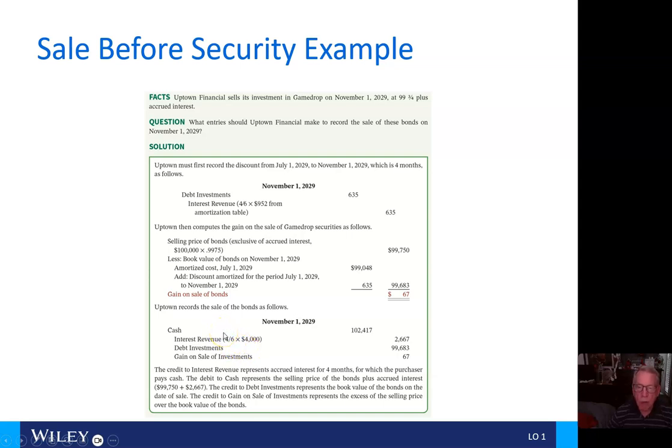Now, Uptown records the sale of the bond then as follows. We're going to receive $102,417. We get that by, we have our interest revenue, 4/6 of $4,000, what's written on the bond, $4,000. And our debt investment is going to be $99,683, which we calculated here. And then the gain on the sale of those investments here. All right, so I think you can follow the rest of that,